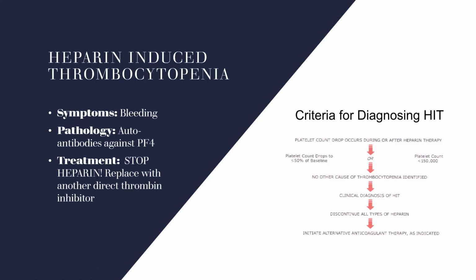And one of the other ones that's important for the exam here is heparin-induced thrombocytopenia, or HIT. The actual mechanism behind this isn't tested too deeply on USMLE, but it can be touched upon. You get the same bleeding type symptoms as your primary hemostatic disorders. The pathology here is after heparin is delivered, and this can happen technically anytime. It doesn't have to be right away after heparin is first delivered. It can happen later, although it is more likely to be HIT if it happens sooner to the original dosing of the heparin. However, the pathology here is the body creates autoantibodies against something called platelet factor 4, and